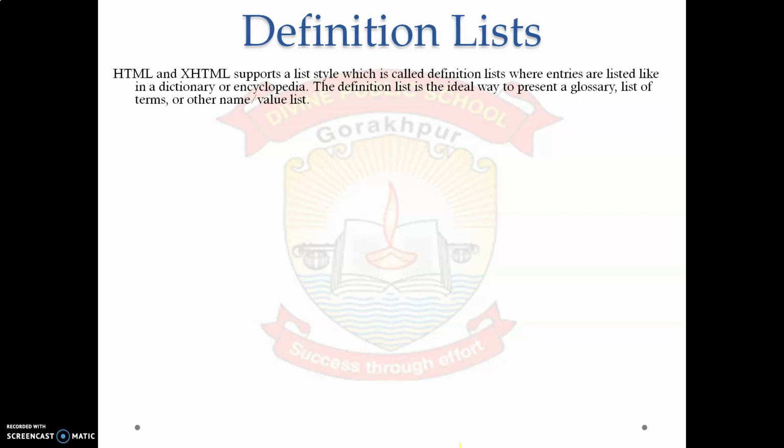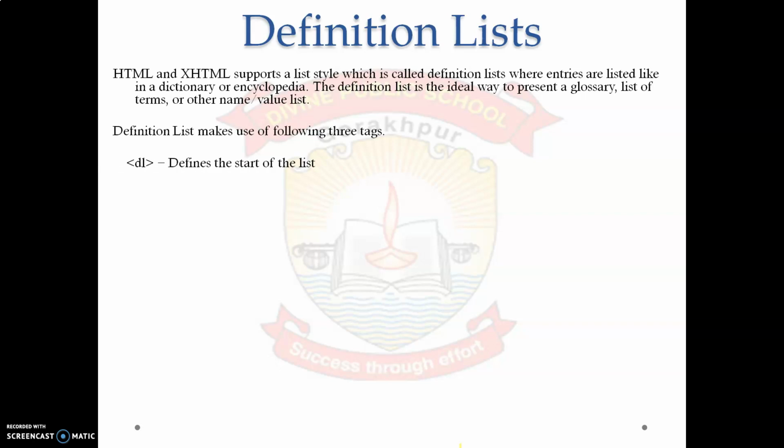The definition list is the ideal way to present a glossary, list of terms or other name-value list. In English books, we have seen that there are lots of glossaries where words are there and the meanings are there. If we want to display our text like this in the HTML page, then we have to use definition list.